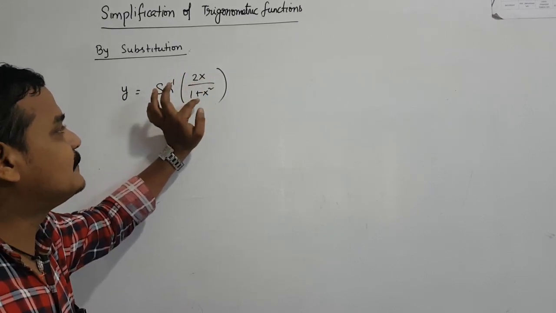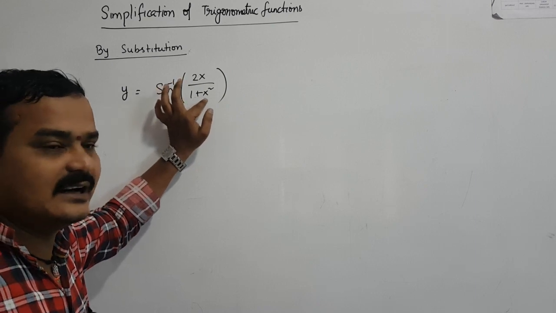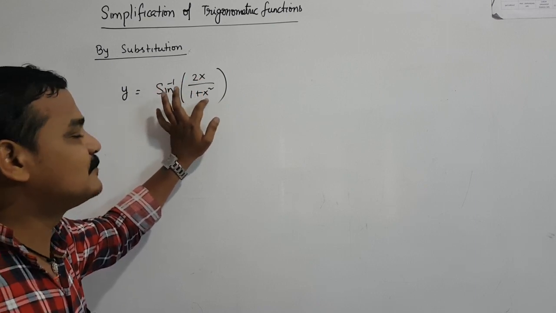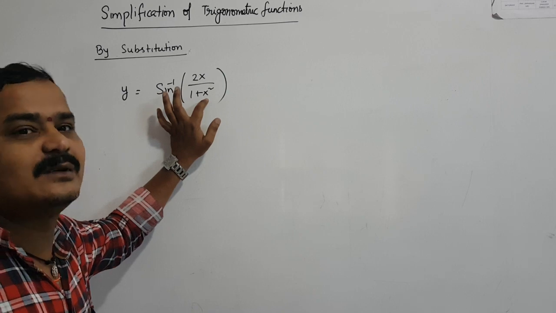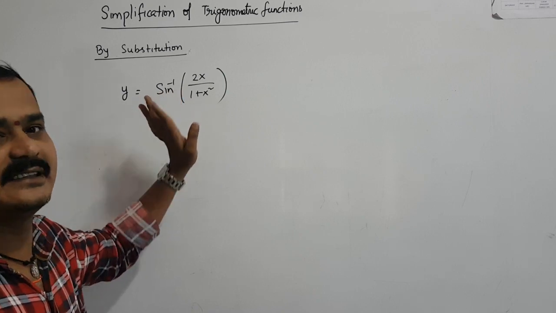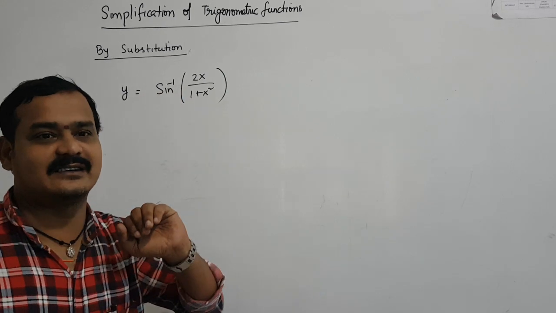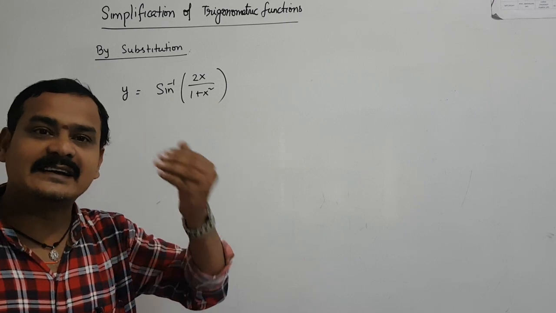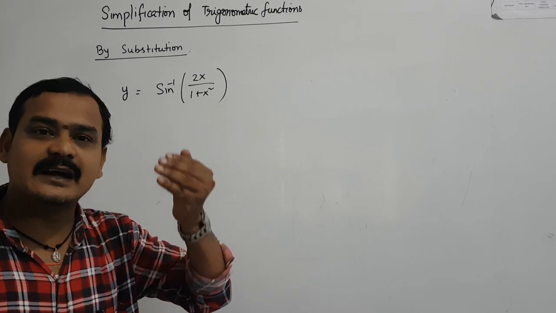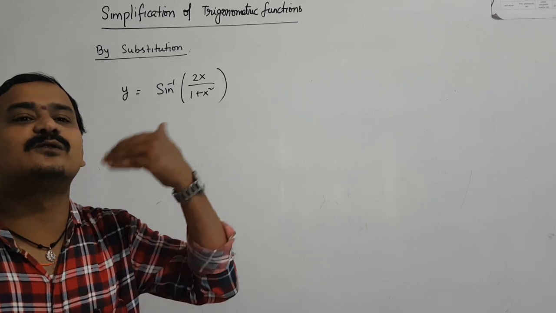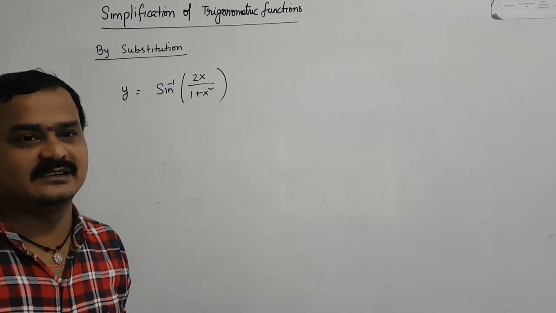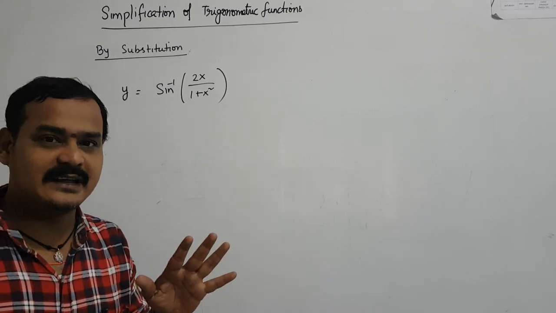2 tan theta by 1 plus tan square theta. It is the formula for sin 2 theta. Okay, nothing to worry. Like that you need to calculate. Suppose if the tan theta substitution does not give any formula, then you can go to cos 2 theta or cos theta. What I said, you can remember clearly.